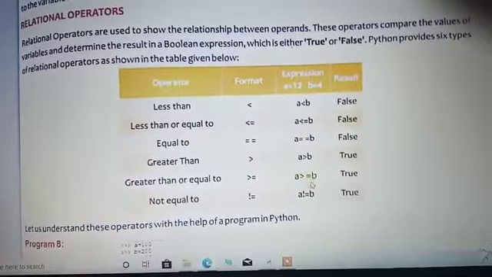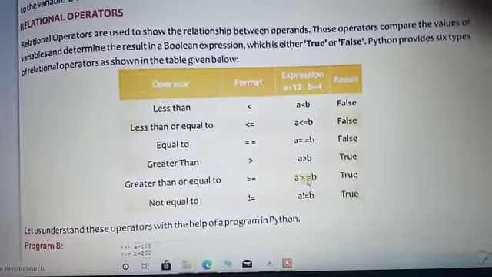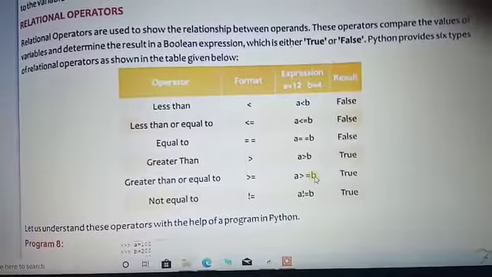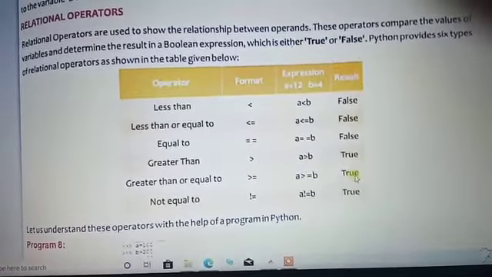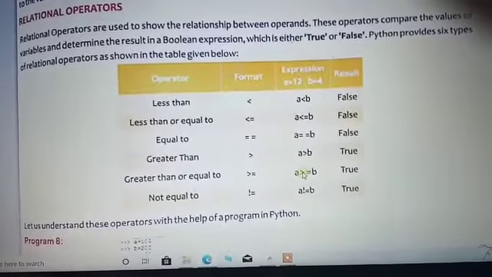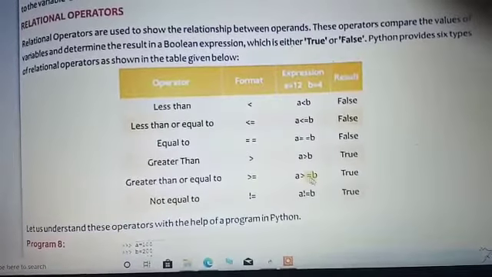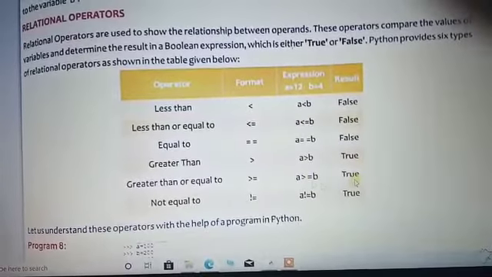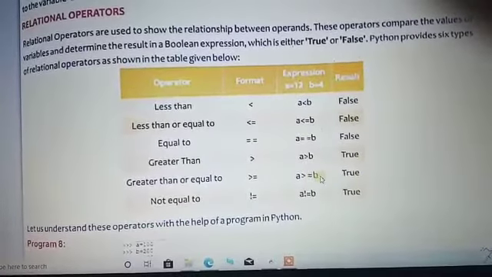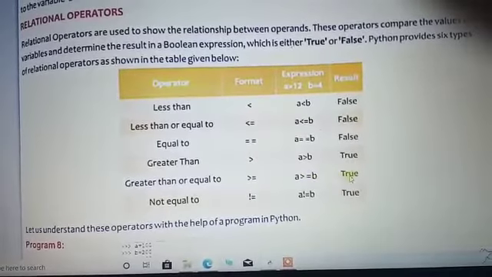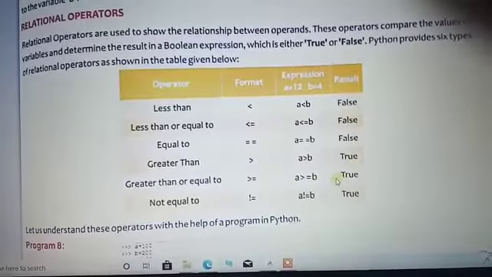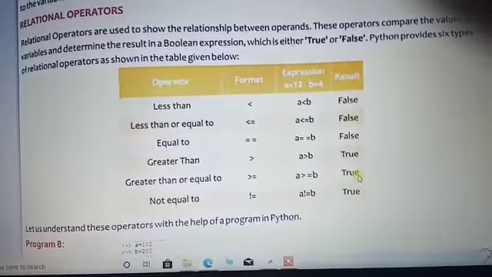But one condition is evaluated true, the first condition, 12 greater than 4, so the final output is true. In this kind of condition, greater than or equal, if either one condition is evaluated true, the final output is true.